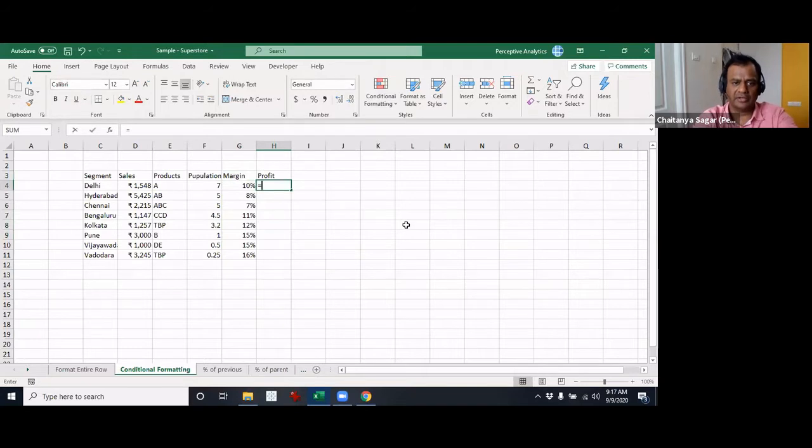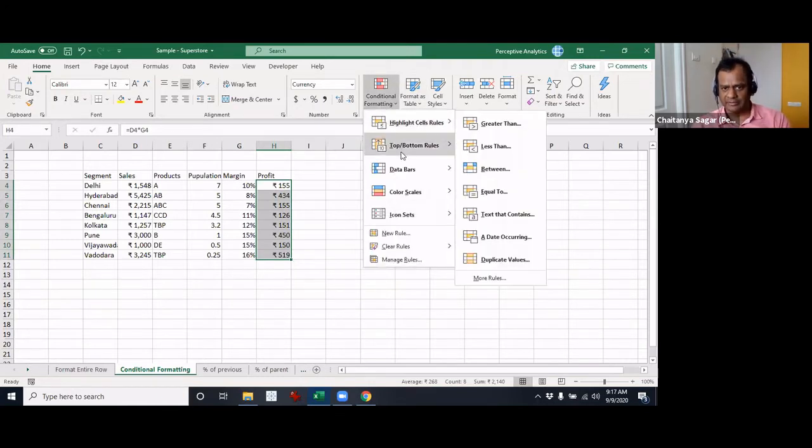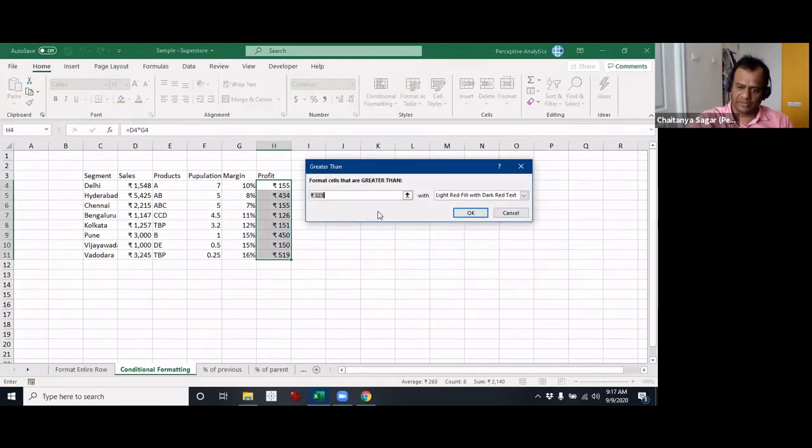We will multiply these two times this, and we'll get these numbers. So these are the various numbers that we have right here. This is the margin, and let's assume that if the margin crosses, let us say, 200, we want to highlight it. So let's take that as the first example. Let's say conditional formatting, and it's based on a certain value. We will take greater than, so if it is greater than 200, we would like to highlight that.